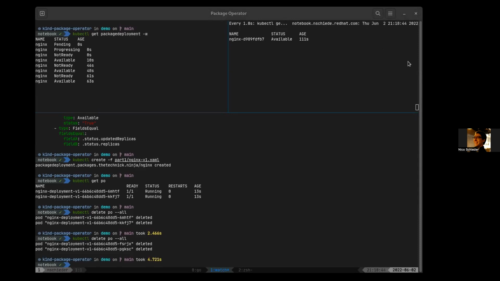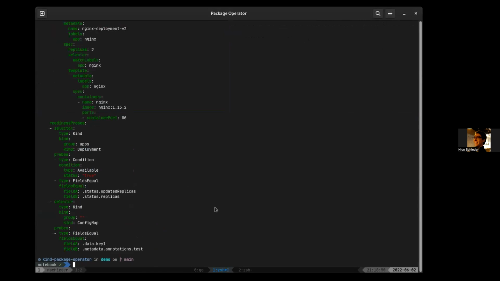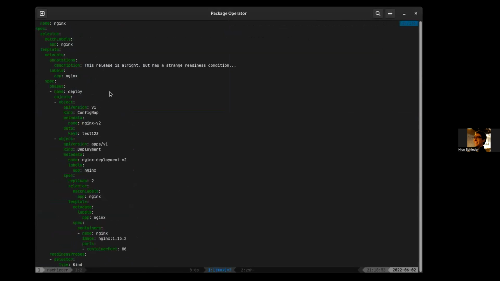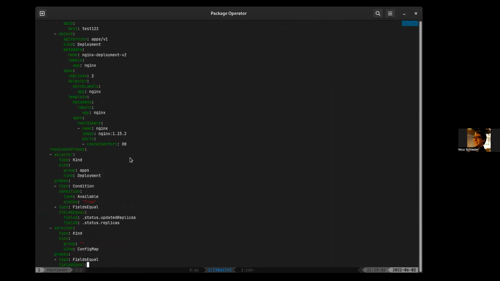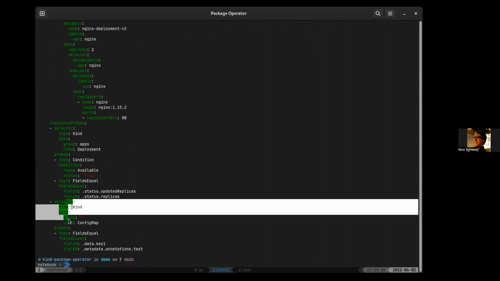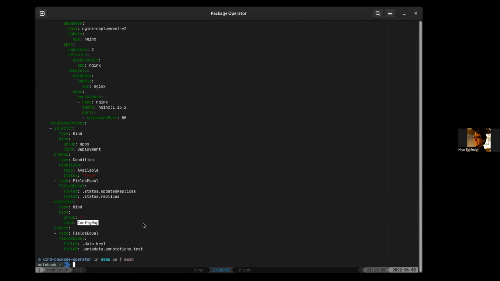So what now if we upgrade something? So showing V2. So I'm patching the same package deployment object. I'm creating a new config map, nginx v2, a new deployment, and there is a new readiness probe defined for kind config map, making sure that it will only continue when the annotation test is set to the same as key 1 in the config map. So if I roll this out,